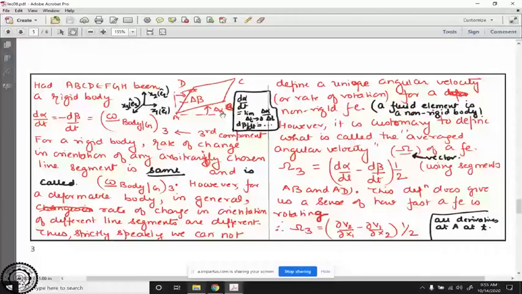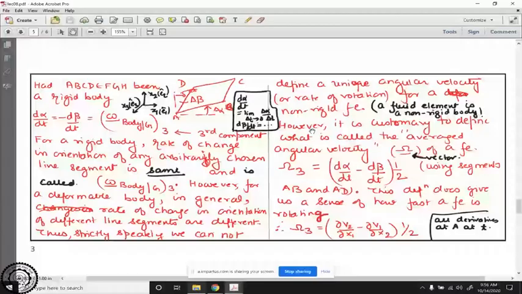In the case of fluids, since it is deformable, two line segments will not have the same angular velocity, right? So that's why I put delta alpha and delta beta. Now if I add them, they tell me how fast those two angles are collapsing towards each other. If I take the difference, it actually tells me, and it is very qualitative,